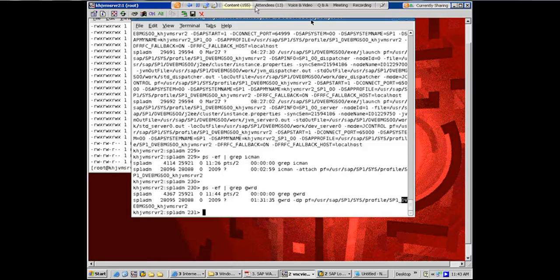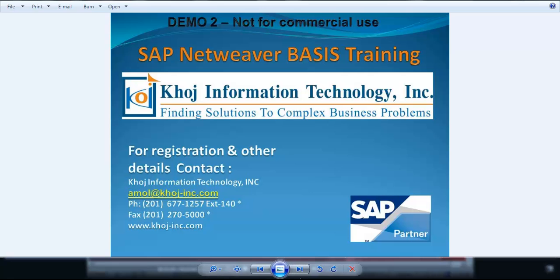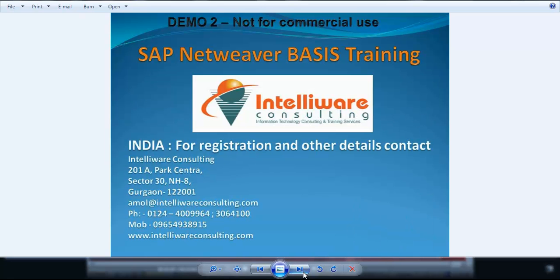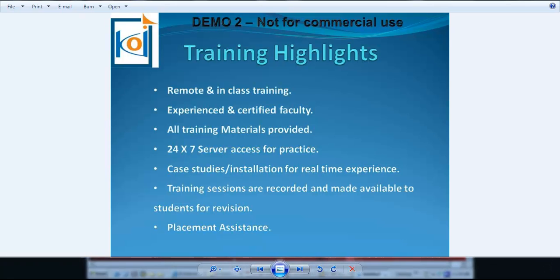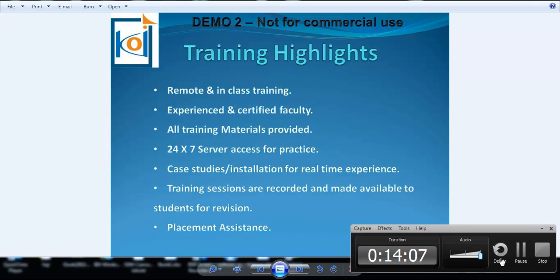Okay. Sure. So, coming back to our notepad, we did background. M is for message server. Message server